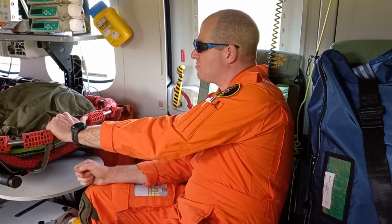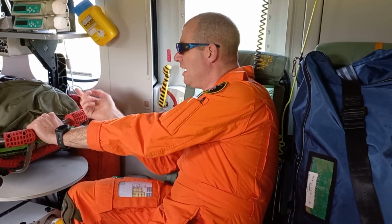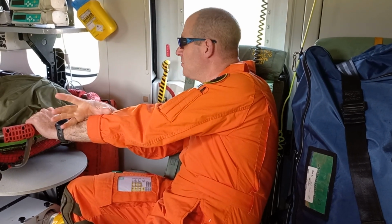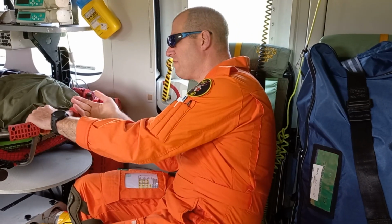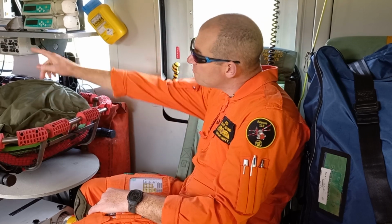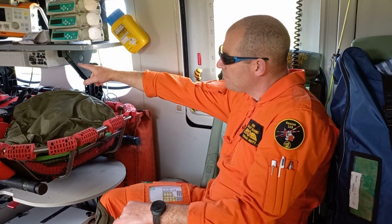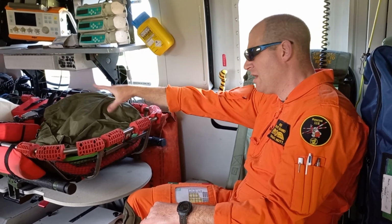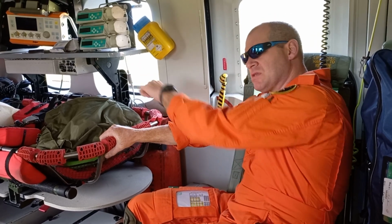Then we have our basket stretcher. The basket stretcher can be carried on and off, so we can use it in a carrying position if we land on the top of a cliff or in the mountains, and you have a mountain rescue team. We can walk them on and off that way. But if we can't, this stretcher can be winched. It can go out the side door, down with the highline on the winch, or with the hoist, and then me, the casualty, and the stretcher will all come up together,